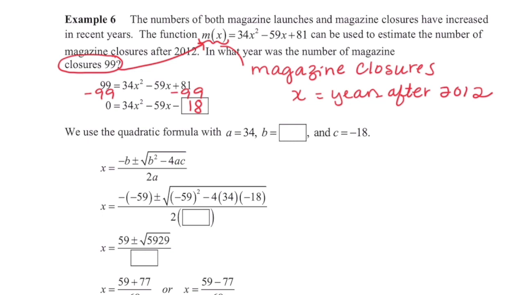Using the quadratic formula, my a is 34, my b is negative 59, and my c is negative 18. Plugging into our quadratic formula, x is equal to the opposite of b, so the opposite of negative 59, which is 59, plus or minus the square root of b squared minus 4 times our a value times our c value, all over 2 times our a value. This gives us 59 plus or minus the square root of 5,929 over 68,